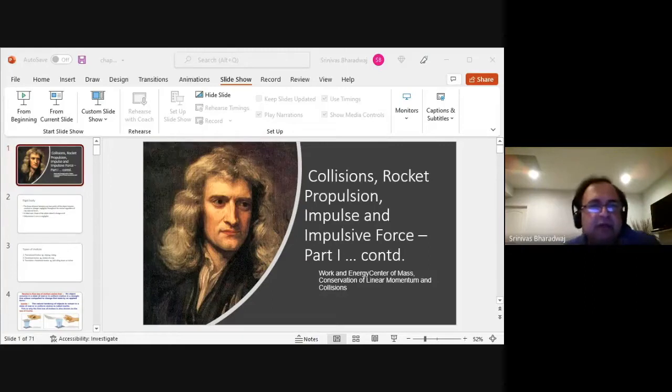Now, the second rule is if M1 is far, far less than M2 and U2 equals 0, then V1 equals minus U1, okay? So a little ball goes and hits a heavy ball, right? Then this little ball is going to go backwards with the same velocity, and the big ball is going to move slowly this way, given this rule. Okay? So these are all when you solve for this, and then he's plugging in the answer here.